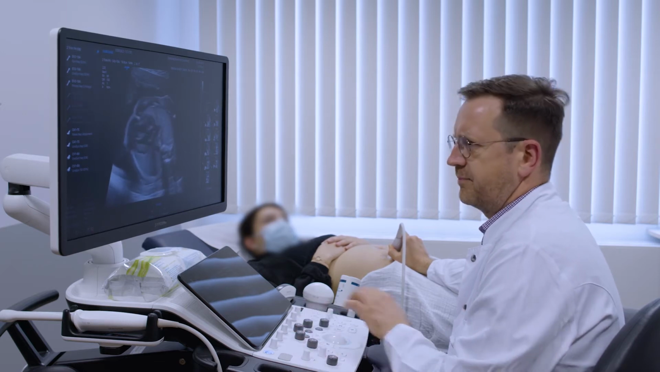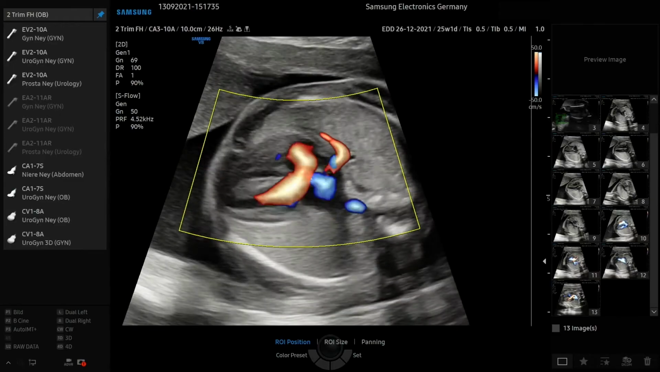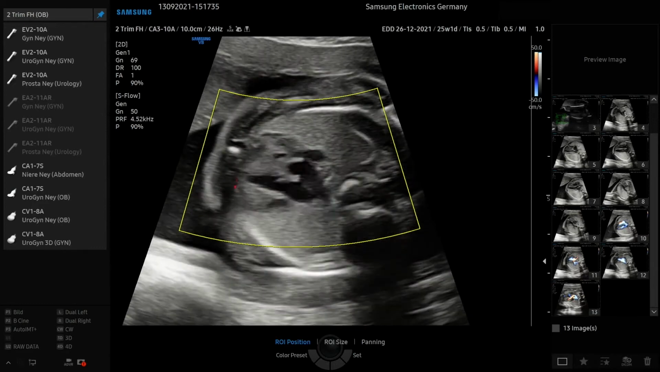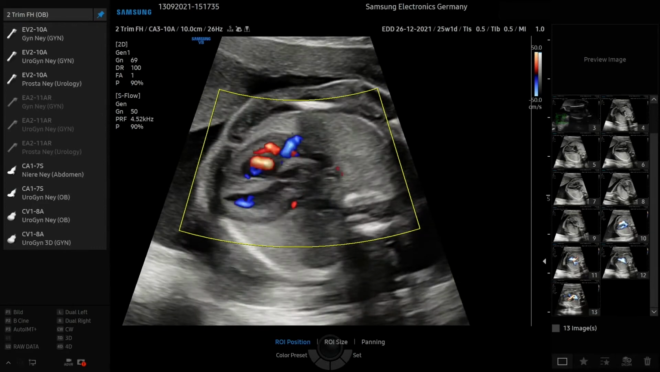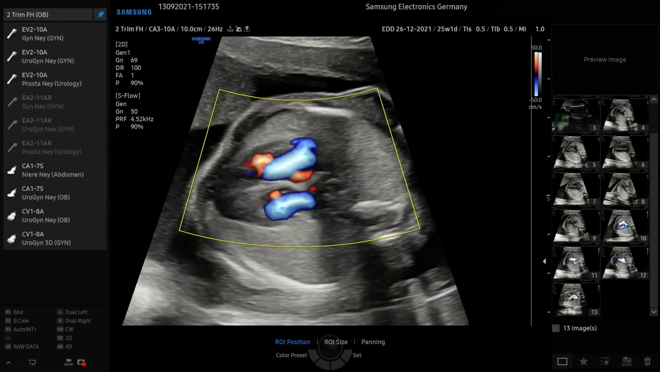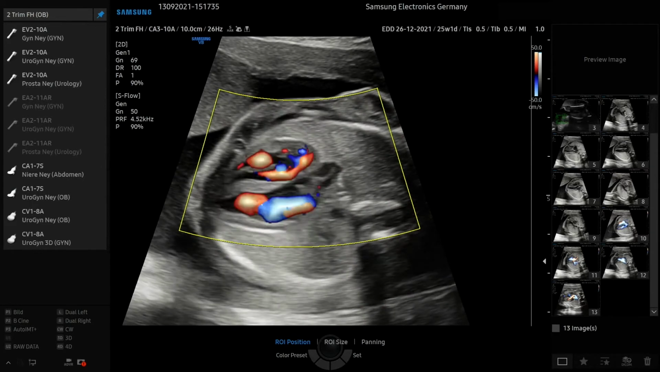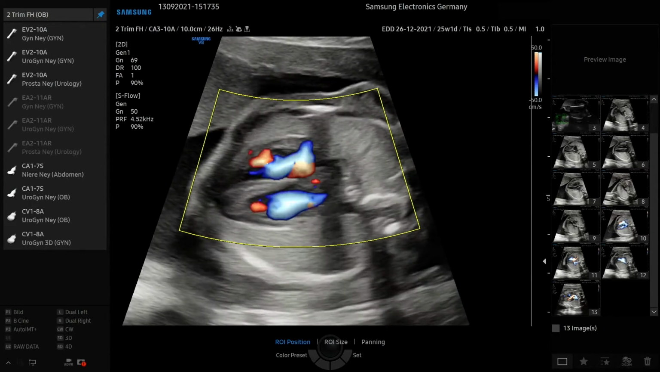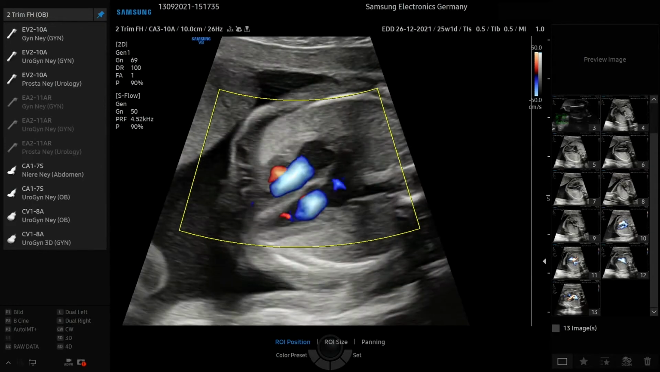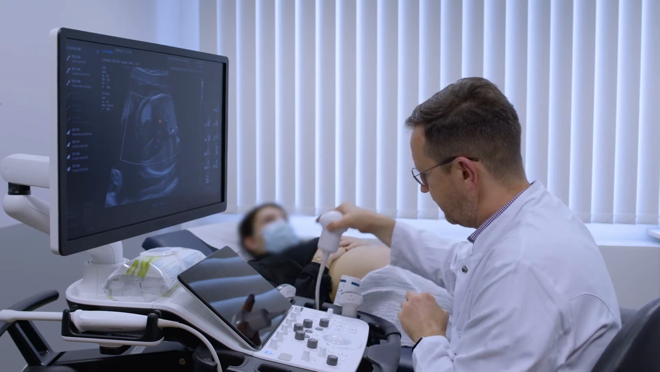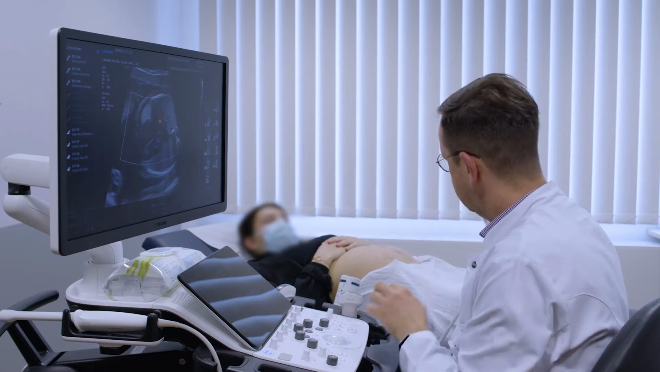So again, pushing on the color, see the nice picture here, and the nice separated, sharp and crisp color flow here. So we stop here, and I would like to show you another feature of the V8 ultrasound